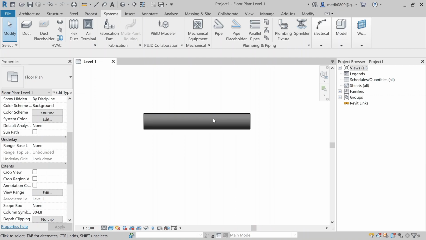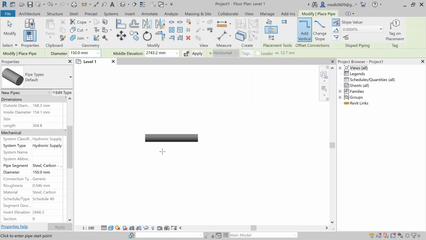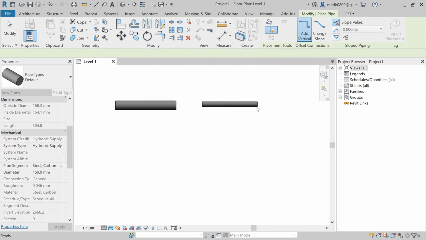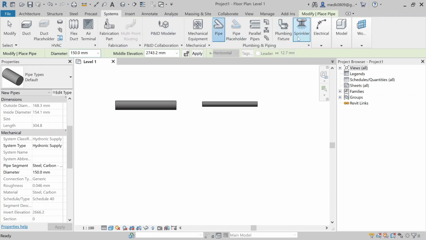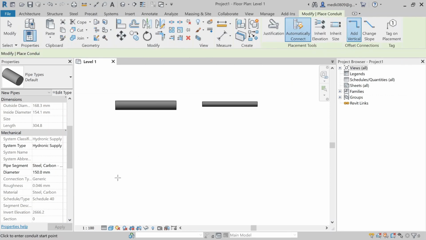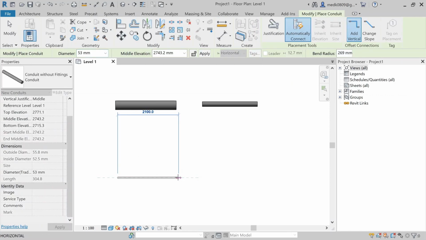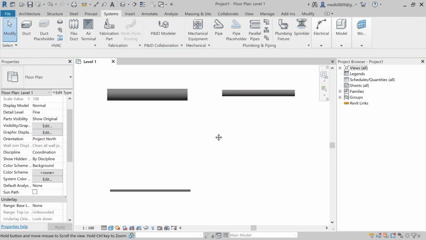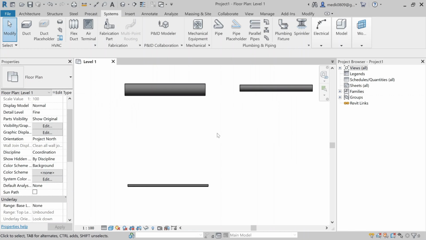So here we have an oval duct. Let me draw some pipe also. Here we have a pipe, and again in systems let's draw some electrical equipment. Let's place a conduit. Okay, so right now we have 3 elements on the screen, so we are going to create keynotes for these